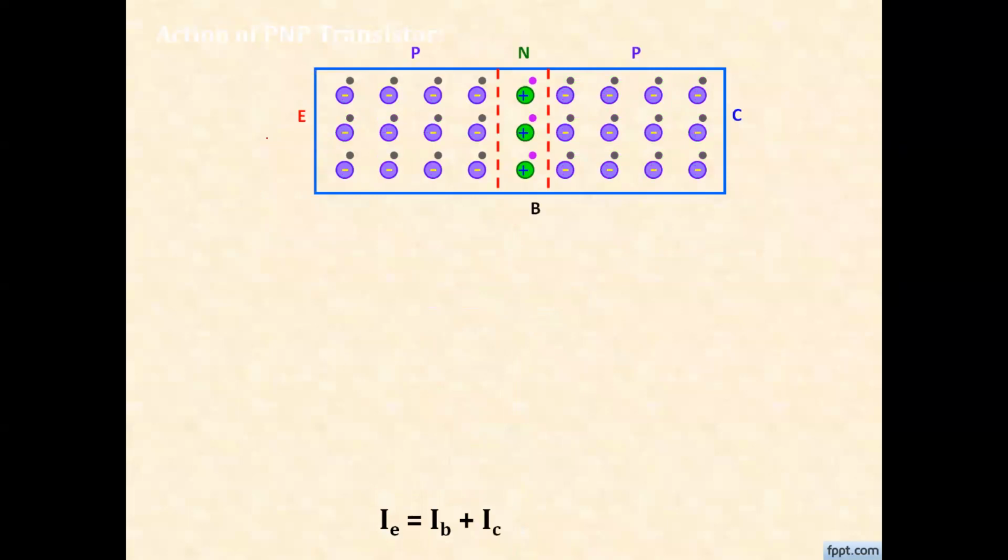Now if I want to make the transistor work in the active region, how can we do that? The emitter base junction we need to connect in forward bias. To connect it in forward bias, the emitter region acts as a P region, so we need to connect it to the positive terminal of a battery, and the base region acts as an N region, so we need to connect it to the negative terminal of the battery. It means that the battery VEB makes the emitter base junction forward biased.